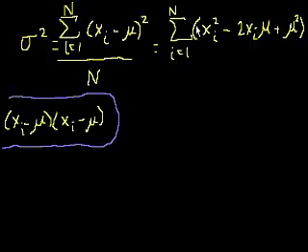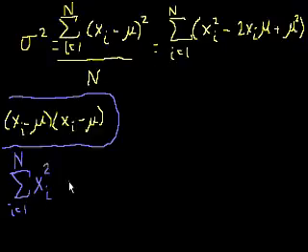Okay, so the sum of this is the same thing as, because if you think about it, for each of the numbers in our population, we're going to perform this thing, and we're going to sum it up. If you're not familiar with sigma notation, this is a good thing to know in general, just a little bit of intuition. This is the same thing as, I'll do it here to have space, the sum from i equals 1 to n of the first term, x sub i squared, minus,